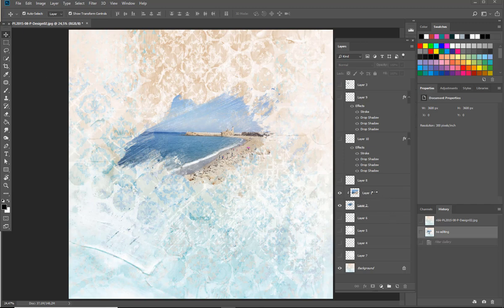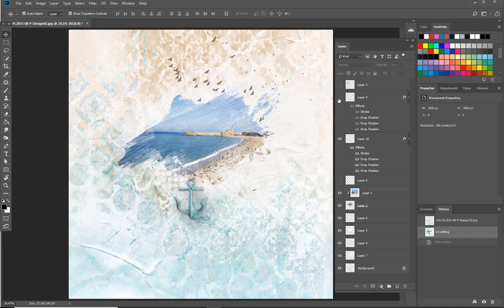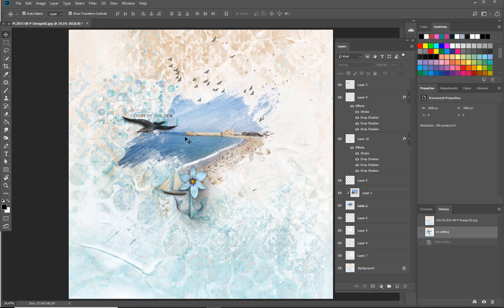There's no editing on the photo, and I have already finished the page because, as I told you, I don't want to waste time by creating the layout with you. So I will make my layers visible. So this is my page, and as I told you, I didn't